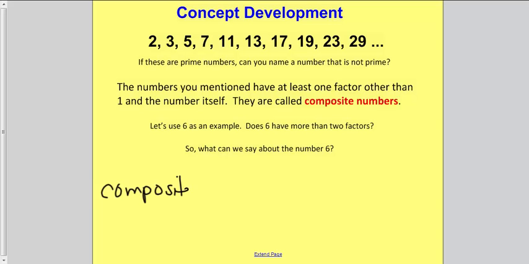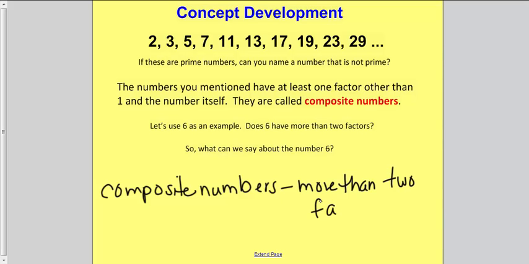If a number is not prime, then it is composite. So the definition for composite numbers is that it has more than 2 factors. The last thing I want you to put in your journal is this: